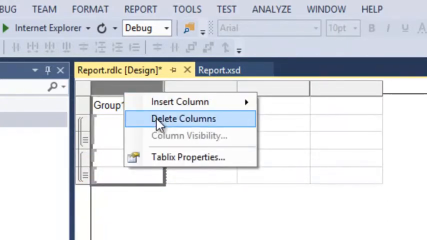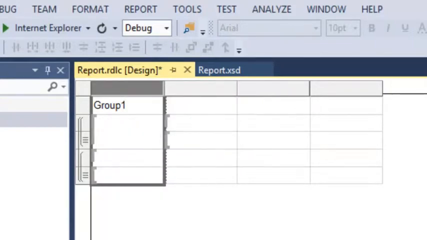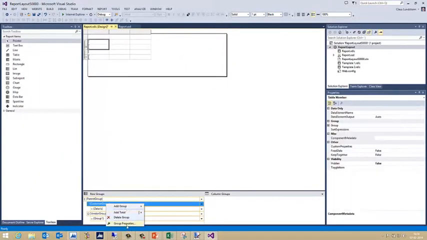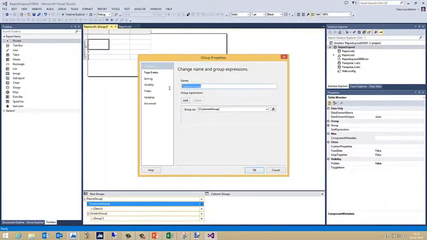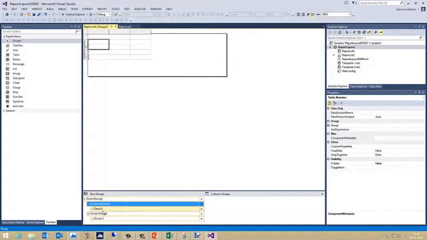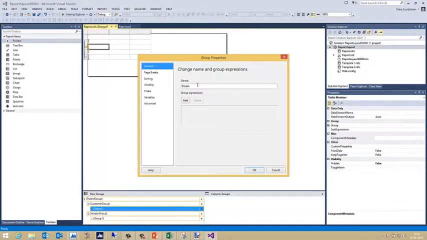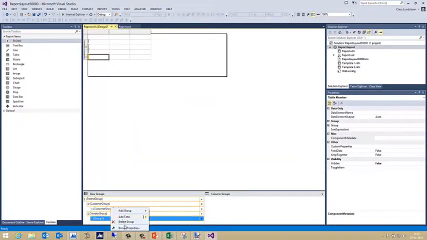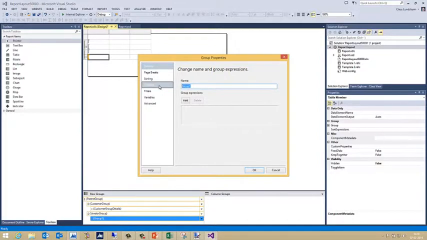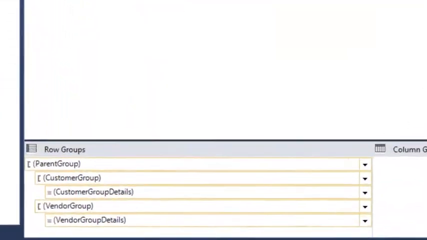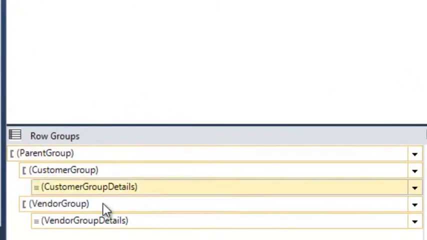I don't want this column, so say delete again for this. So I have details now for both these groups here, and I just want to clean it up a little bit. So I have the customer group here, and I will call this the customer group details. And I will go down here, and I will call this one the vendor group details. So now all the groupings which I need are created, and I can start adding my data